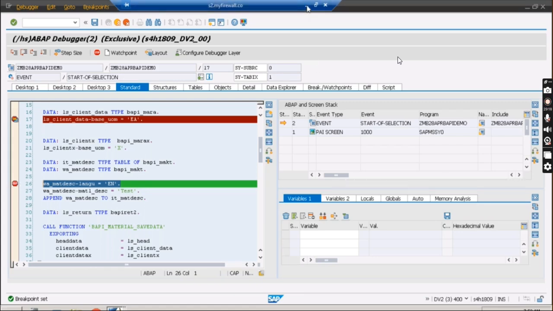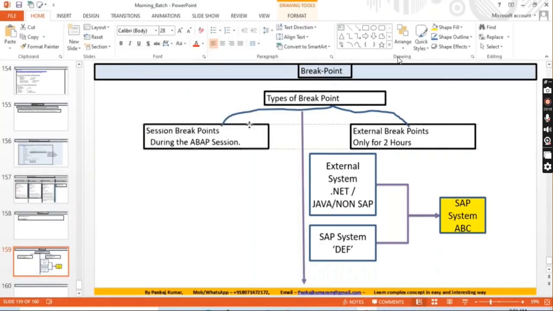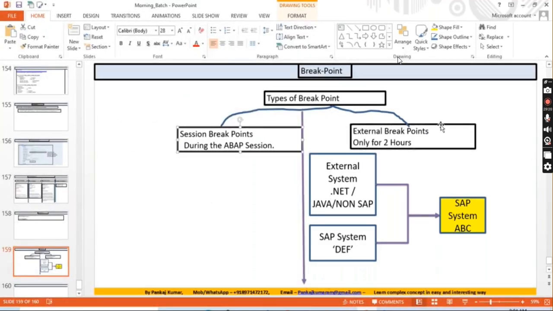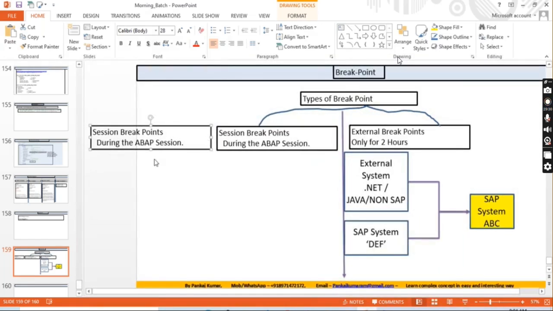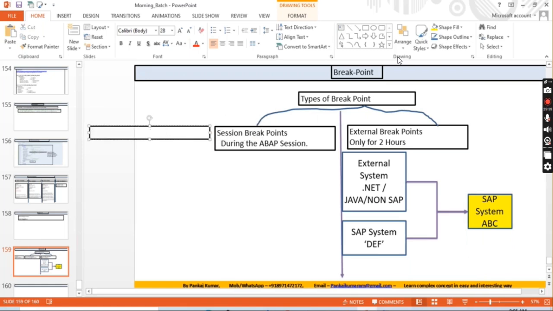So this is one more type of breakpoint you can add. I don't know exactly what its name is, but at this point I'm just going to call it a debugger breakpoint, a breakpoint during the debugger session. I need to find out its exact name.